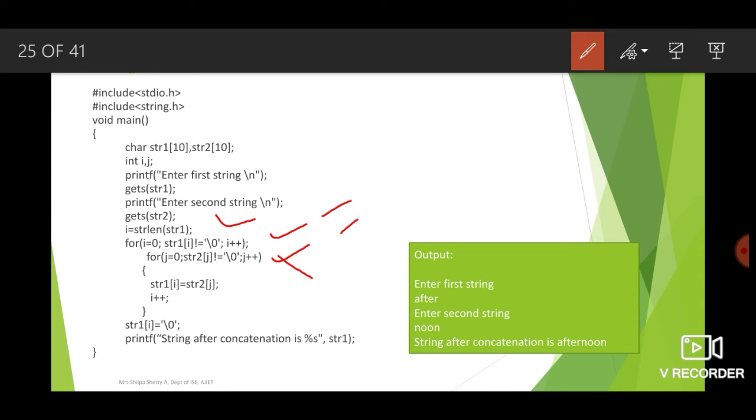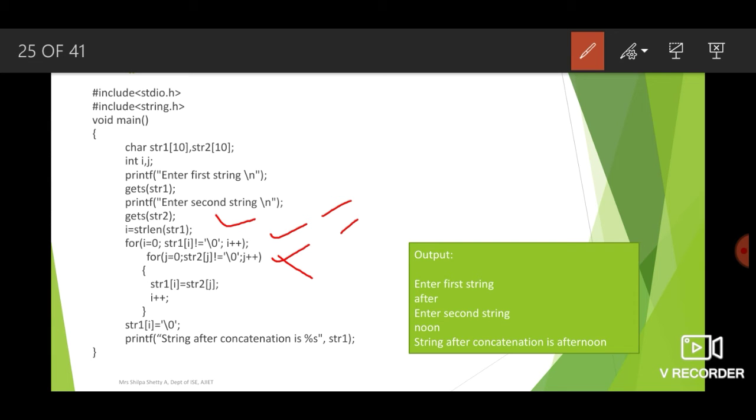See what happens basically in this program is, first you need to find the location where the first string ends. For example, if the first string is after, so A, F, T, E, R, there are 5 characters, so the length of this string is 5. So if the length of the string is 5, then what is the character at the 5th index?